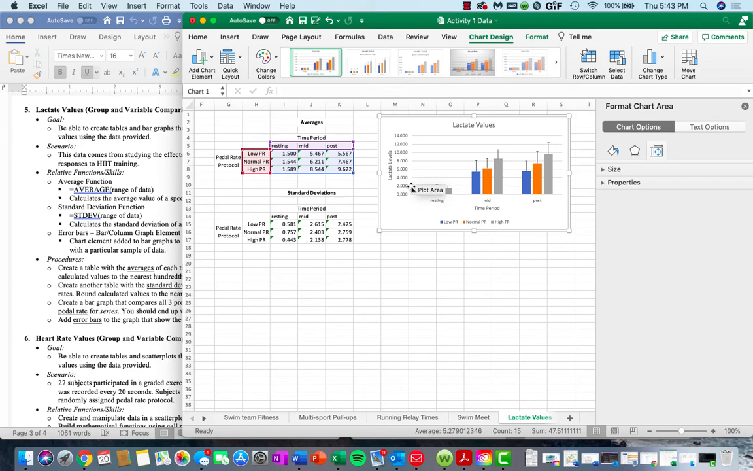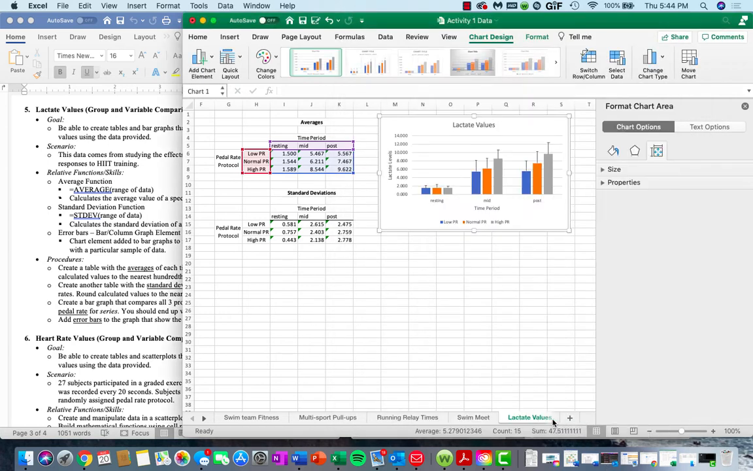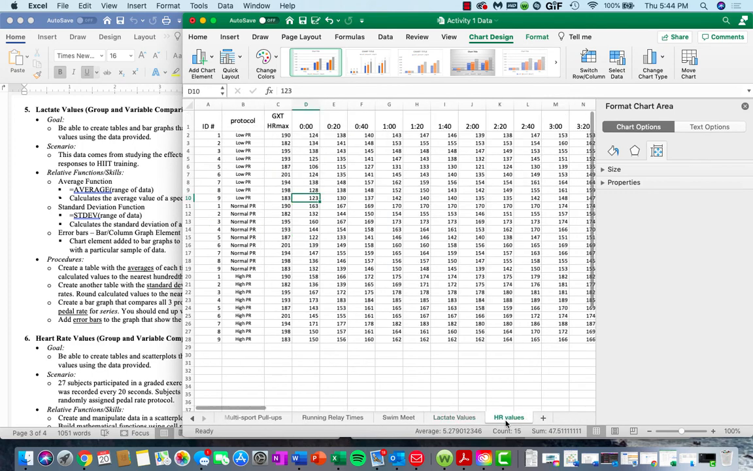So you'll just copy and paste this graph into your answer sheet. And then you're just going to answer whatever calculations you ended up getting, right? You'll just put in those values as they're requested in these parts A and B. All right. The last, but definitely not the least, in value at least, is our heart rate